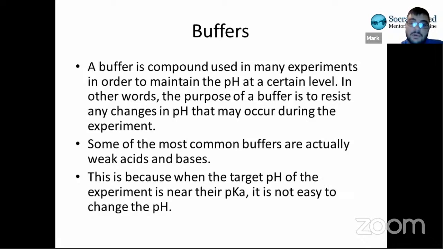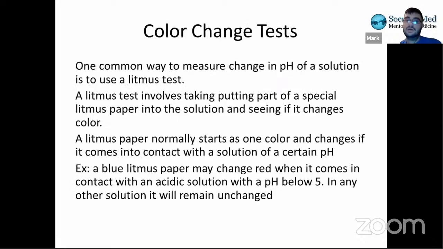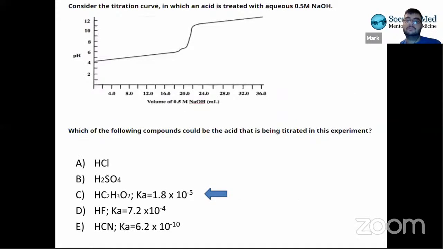Some of the most common buffers that we actually use are weak acids and bases, in biology at least. This is because when the target pH of the experiment is near the pKa of the acid or base, it's not easy to change the pH. I can actually show you this visually